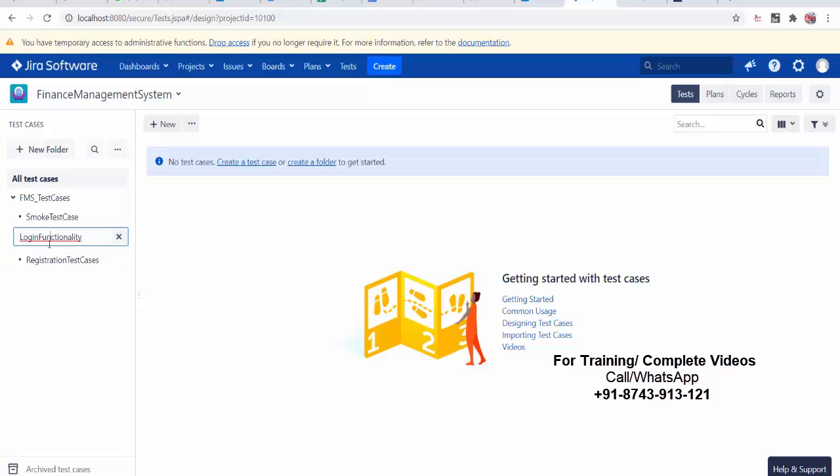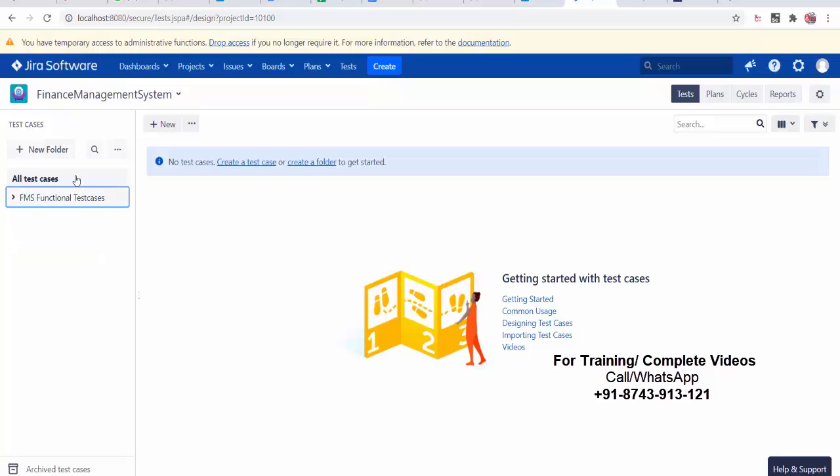It was added by mistake and I want to make it a space in between. So that is done, I have just renamed it. So that is my functional test cases. Or if I want to rename this main folder, I can say rename, that's my FMS functional test cases. In the same way, you want to create performance test case, or maybe you want to create